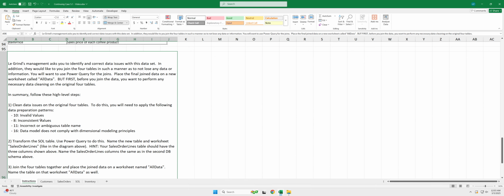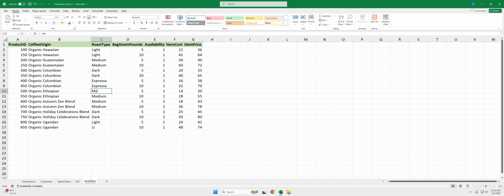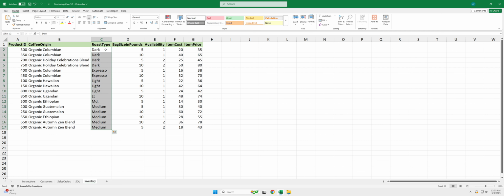So now let's go to inconsistent values. So we go back to inventory and we say, oh, look here, there's light, light. In fact, I'm going to sort these so it's easier to pick them up, right? So there's espresso, there's light, light. Oh, that's probably going to be light. And so one thing you can do is if you highlight the whole range